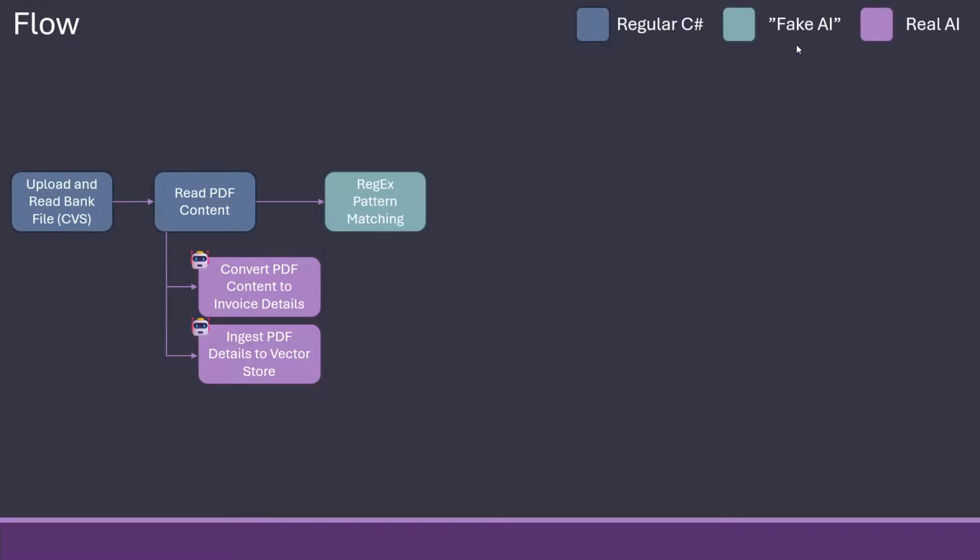Then we do some fake AI, as I call it. It's some regex pattern matching. We'll get into that as well. And then I find, because I'm doing investments into other companies, I get some dividends sometimes, but I need to know who it was I got the dividend from, because it's not really shown in the bank statement in a human way, at least.